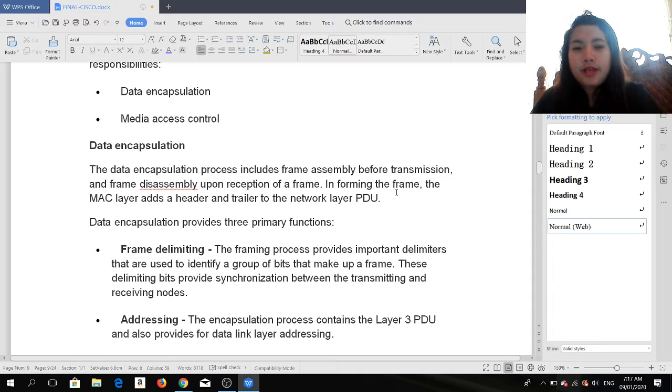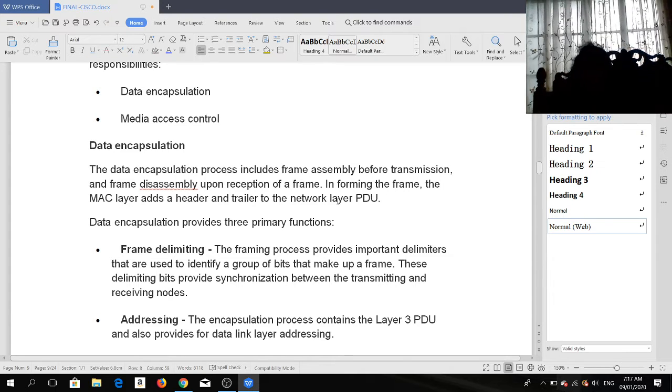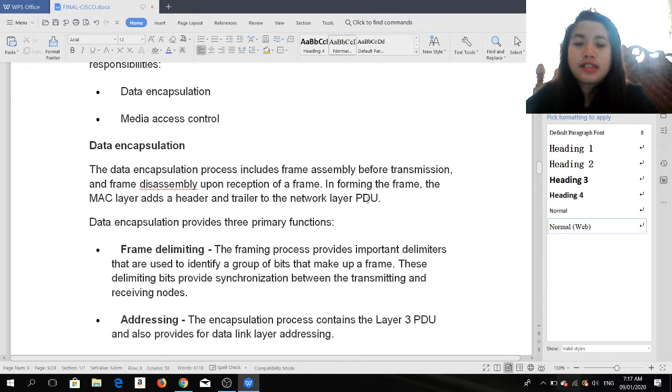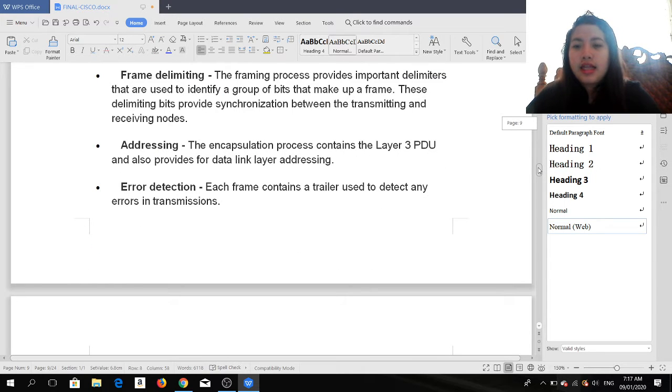In forming the frame, the MAC layer adds a header and trailer to the network layer PDU. Data encapsulation provides three primary functions: frame delimiting, addressing, and error detection.